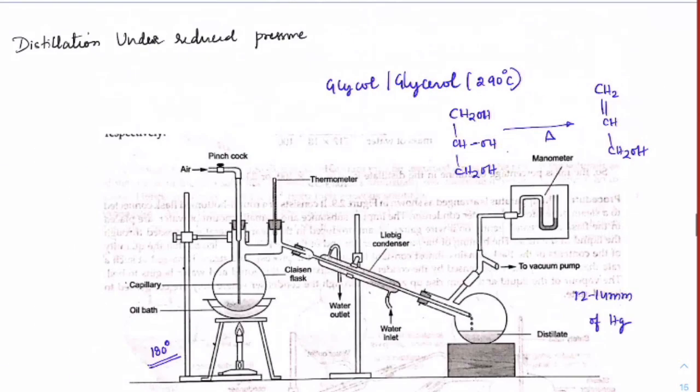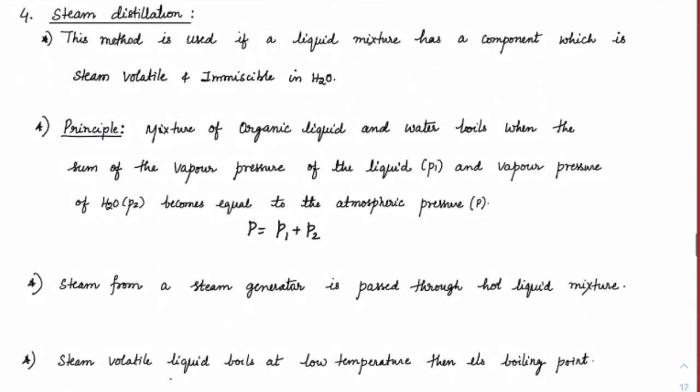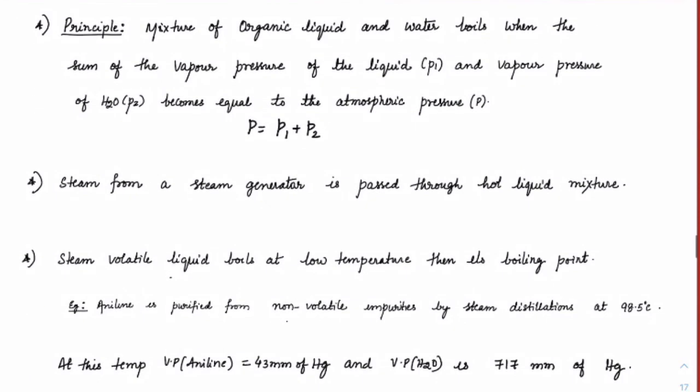So instead of directly heating and trying to reach the boiling point, what we are doing is adding steam and increasing the vapor pressure. Got it? See, it is slightly different from what we have done earlier. Here we have decreased the external pressure, and in here we are trying to increase the internal pressure so that it can reach the external atmospheric pressure. I guess you understood the importance of steam distillation.